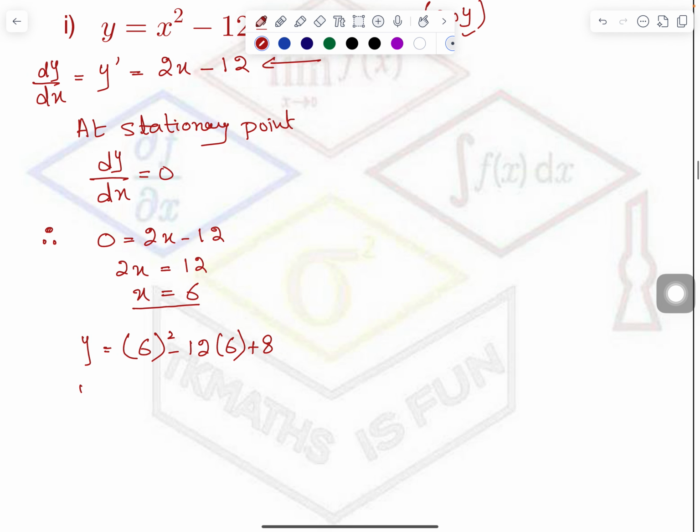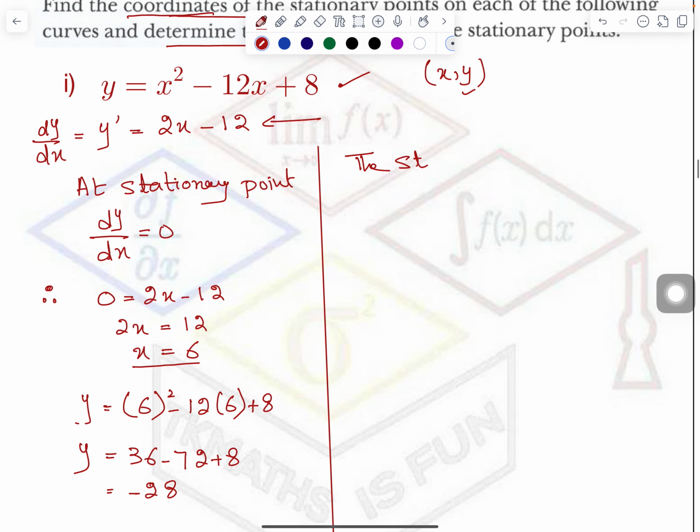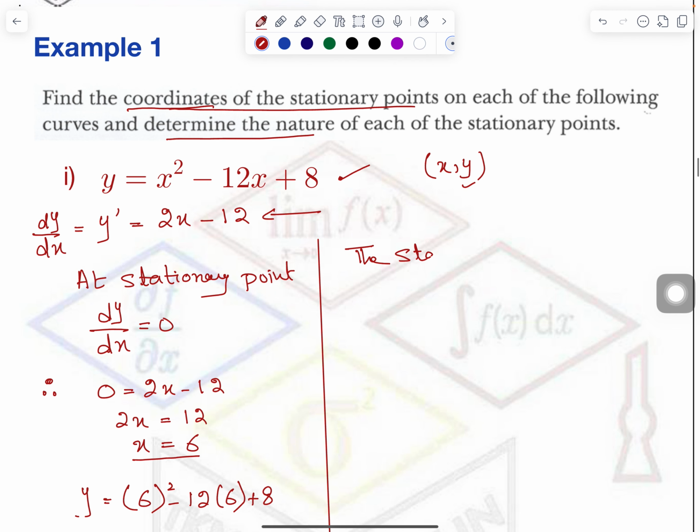You can pick up the calculator and figure it out. 36 minus 72 plus 8, and this will become minus 28. So the stationary point, because the requirement of the question was to find the stationary point, you can say the stationary point is